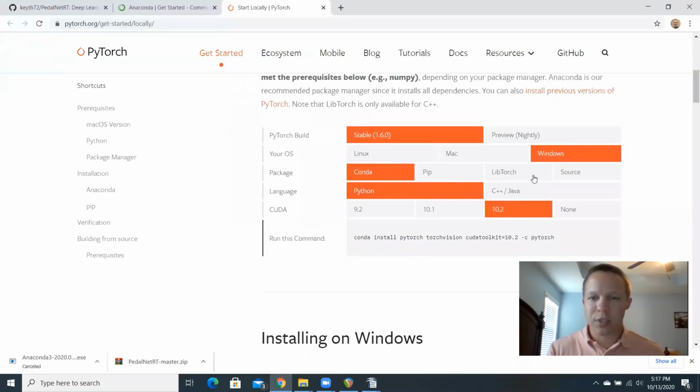And we're going to choose the appropriate version. I'm going to be using Windows Conda because we're using that Anaconda environment. Language Python, and the CUDA version, which we noted earlier, for me is 10.2. If it's different, if it's 9.2,